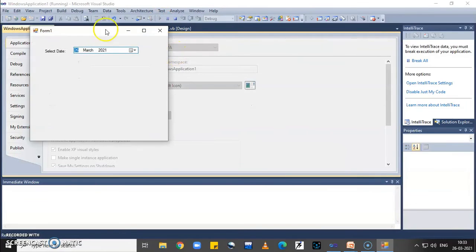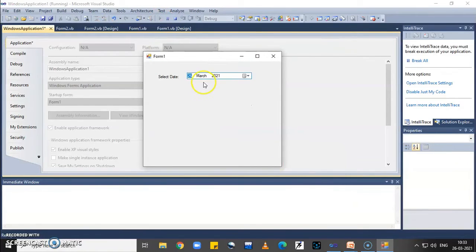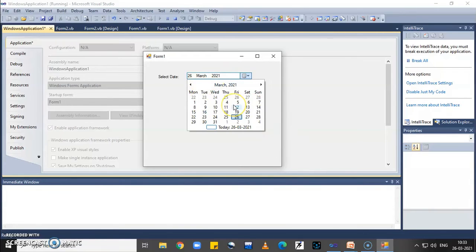Now set form 1 as my startup form. Run the form. Here the date is displayed, 26 March. We can select or change the date using this arrow. One drop down box opens which displays the current month's calendar. We can change